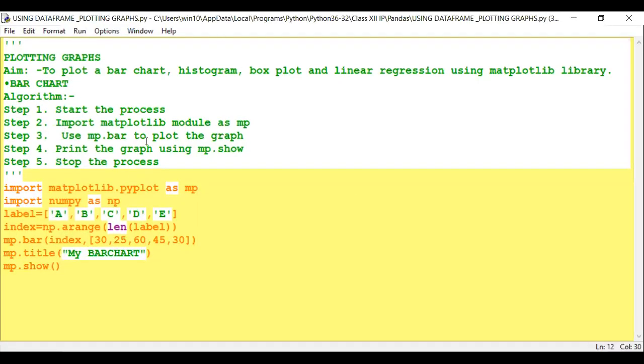So here these are the steps I have made, this ABCD with the label, these values assigned, and here you can write a title, anything you can write. Now I am showing another program.